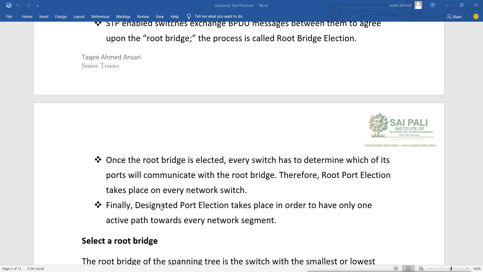Now finally, designated port election takes place in order to have only one active path towards every network segment. So the designated port will be the forwarding port, and the election for the designated port will take place to choose the path, and non-designated ports will be blocked.